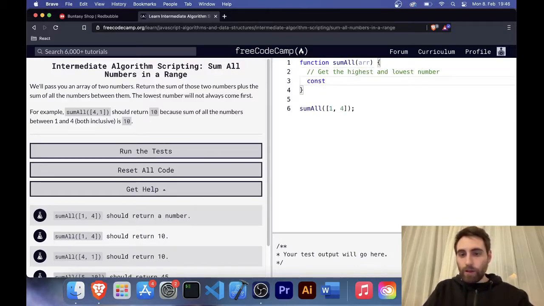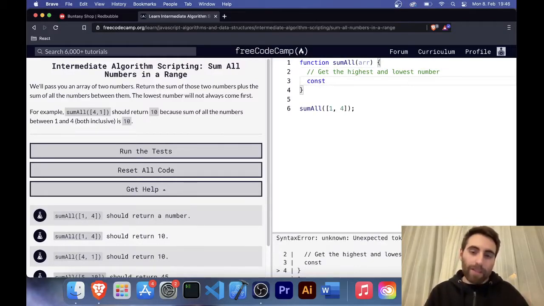So I'll do a const because we are not going to change them. They are constants, so they constantly hold the same value. We do not change it because it's an input that we do not do anything with. I mean, we are not going to reassign the value because we are not going to change the lowest or the highest number within the array that we get here as an input. So min num, let's go at min num